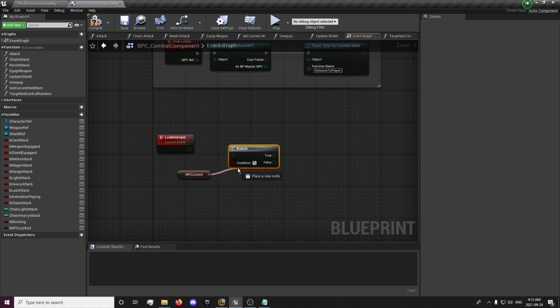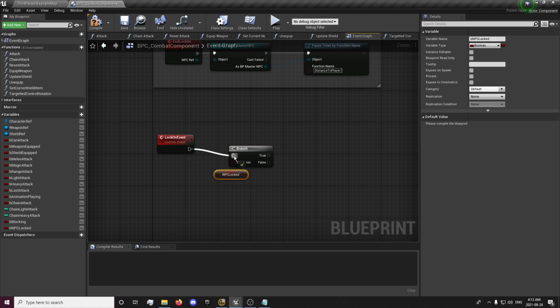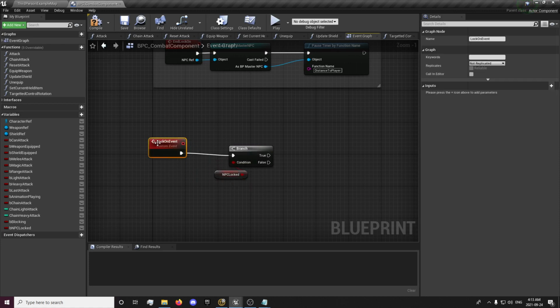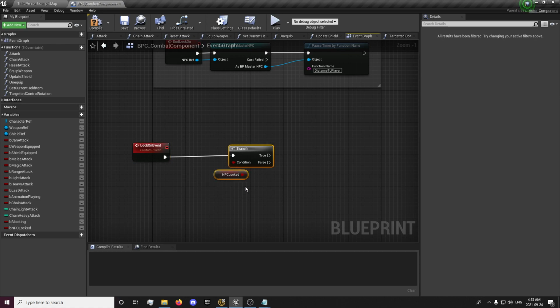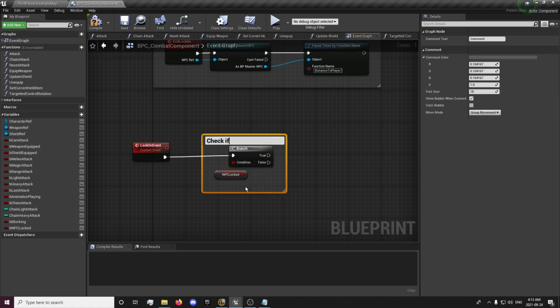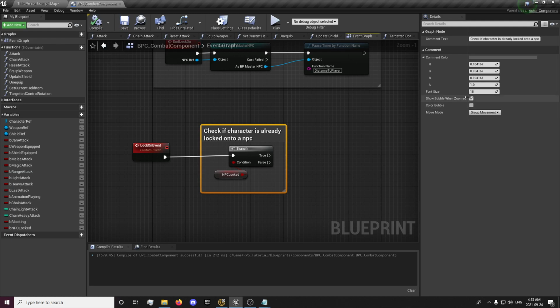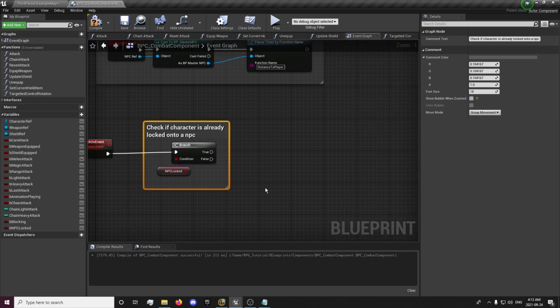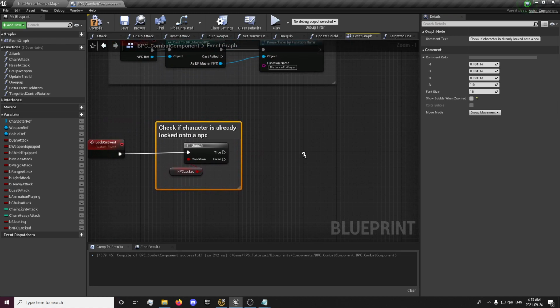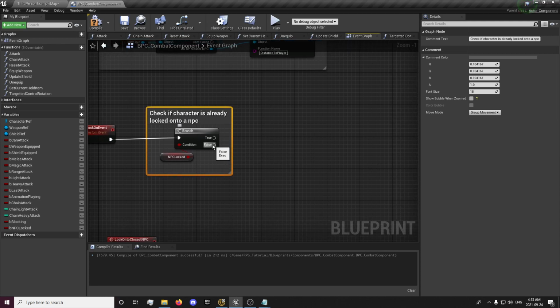Create a branch because we're going to want to check if we're already locked on to a target. And we are locked on to an NPC, and we will run through our code. And if not, we will